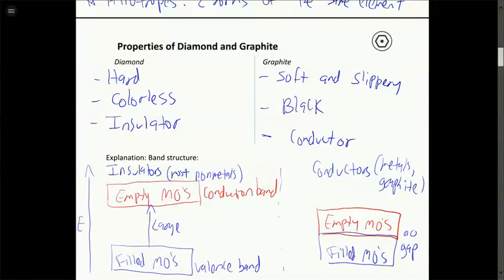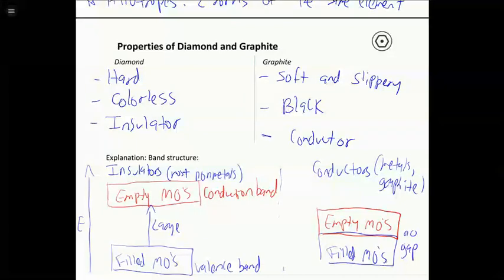And hopefully this difference between graphite and diamond makes a little bit of sense now, because in diamond we have all sigma bonds, so we're going to have sigma bonding orbitals and sigma star antibonding orbitals. As we talked about in molecular orbital theory, those tend to be farther apart because sigma is a stronger interaction. Whereas for graphite, we have a lot of pi and pi star molecular orbitals. Those are going to be closer together because pi interactions are weaker. And furthermore, when you delocalize them like you have, they're going to be right on top of each other.